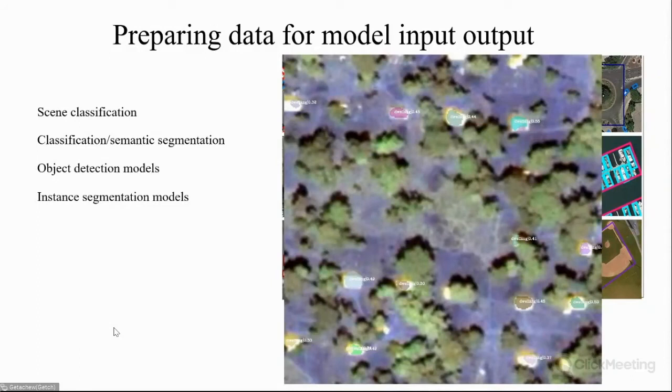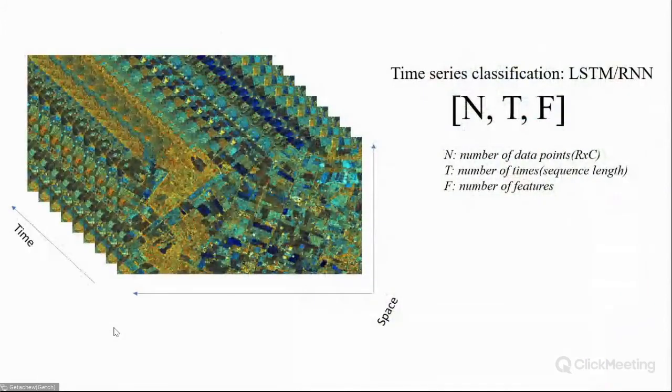So bear in mind that if you are going to work on deep learning in Earth observation data, we should first know our data type, what kind of data we have, what kind of model we have, and what our objective is and what we are going to achieve at the end of the day. That is what determines the data pre-processing. For the specific task I'm going to present, I have this type of data, and this type of data has rows, columns, features.